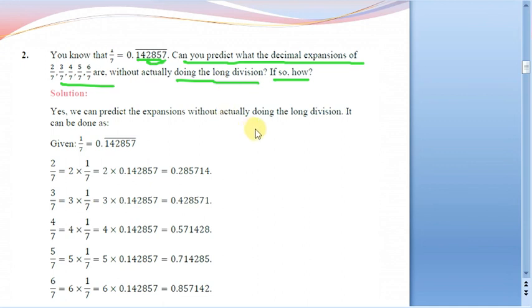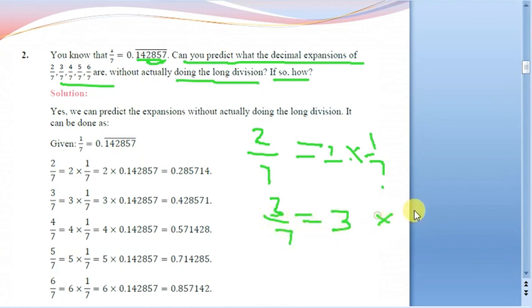So yes, for sure, suppose 2 by 7, how can we write it? 2 by 7 is nothing but 2 into 1 by 7. 2 times 1 by 7 is nothing but our 2 by 7. So like that, 3 by 7 can be written as 3 into 1 by 7. So we know already what this value is, this block has been given. So we need 2 times of it. So just we have to do one thing. You take the decimal part, this one without bar, and multiply with this integer, this 2. So you will get this one. Then we can keep the bar for this. Here the bar has not been kept, we have to place the bar also.